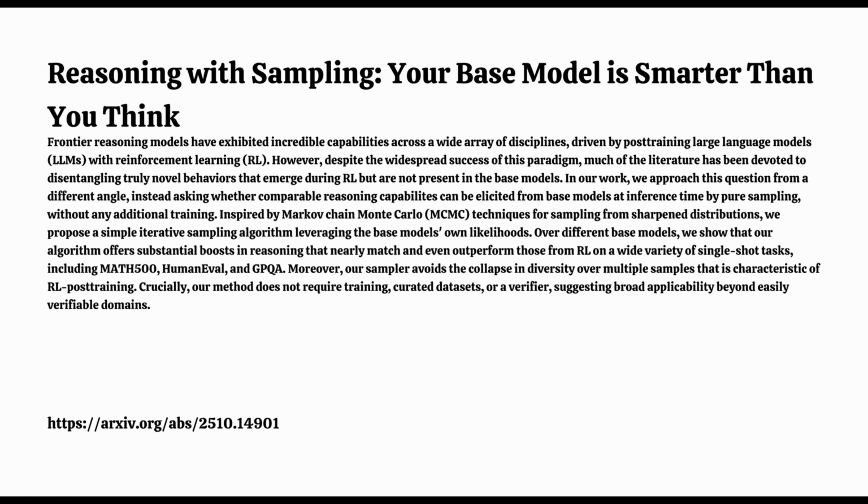Okay, so pulling this all together, the main takeaway feels pretty significant. The fact that this relatively simple training-free method works so well suggests our base models are maybe much more capable at reasoning than we usually give them credit for. Exactly. It really shifts the perspective. Strong reasoning might not be something you have to build with expensive post-training. It seems tightly linked to those high-likelihood regions that already exist in the base model's distribution. RL might just be one complicated way to find those regions. Power sampling seems to be another, maybe more direct way.